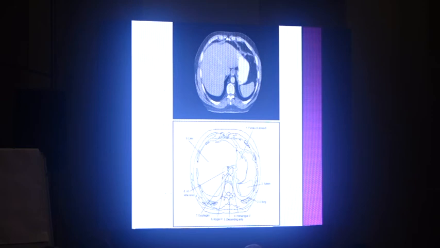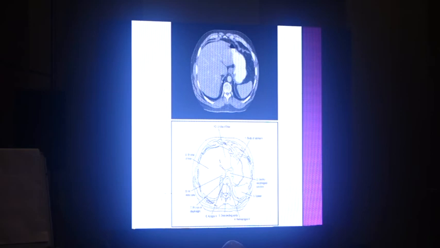Again same, right lobe of liver, fundus of stomach, spleen, aorta. Okay, now we can see the crus of the diaphragm also. You can appreciate this is the right crus of the diaphragm as well as the left crus of the diaphragm. Next. Again, azygos vein, hemiazygos vein, aorta, spleen, stomach, liver. Right crus of diaphragm, left crus of diaphragm. Okay. Next.